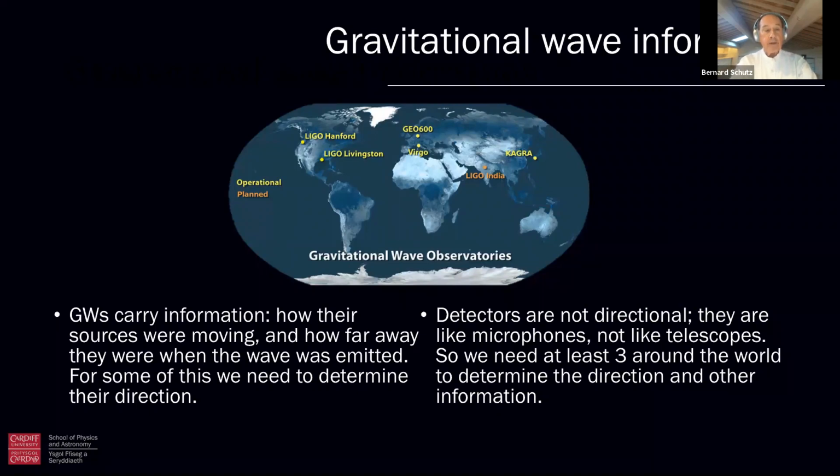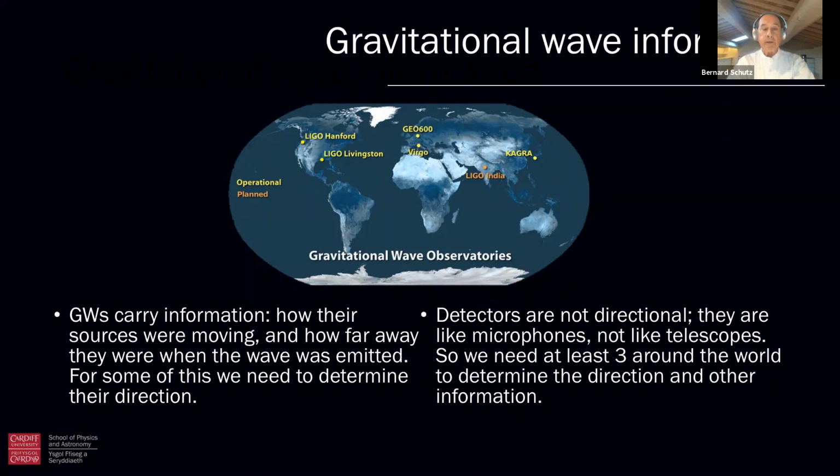But the important thing is we want to know the information that gravitational waves contain, and the problem is this polarization. You should think of our detectors as not directional. They're not like a pointed telescope. They're much more like putting a microphone up to detect sound. These vibrations of space just run through space, and our detectors will vibrate a bit when the gravitational wave comes through, but we don't know where it's coming from with one detector, and we don't know what the polarization is with just one detector. So we have to build a network of detectors around the world,